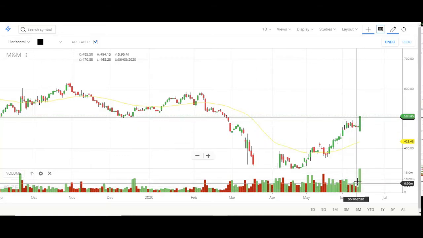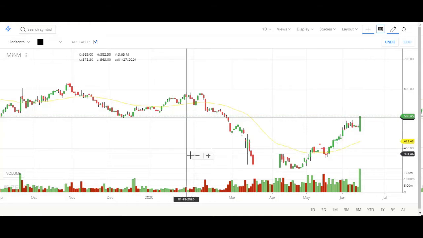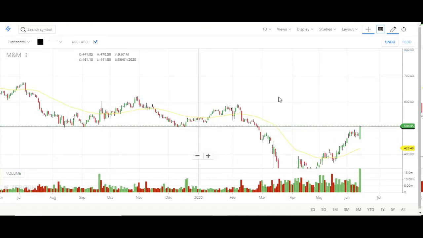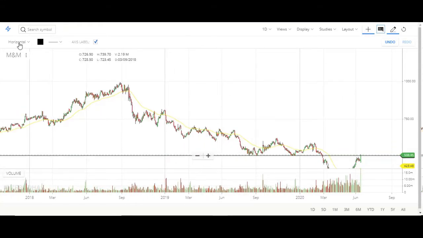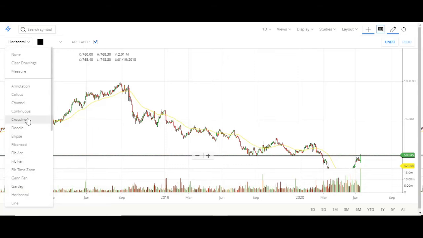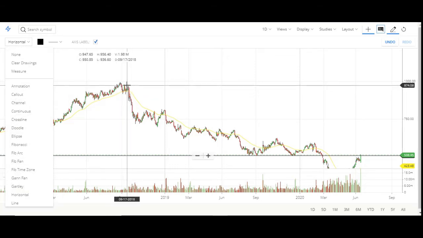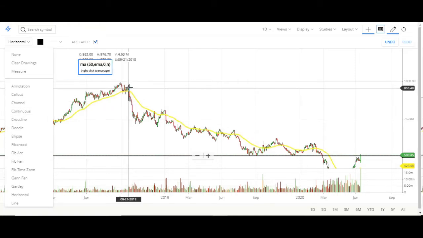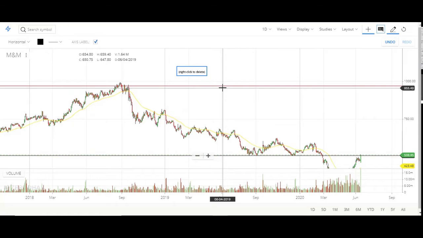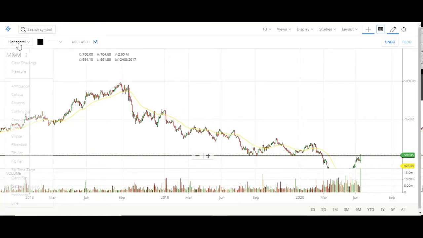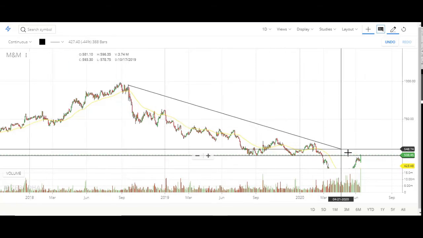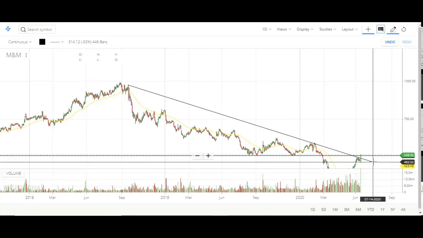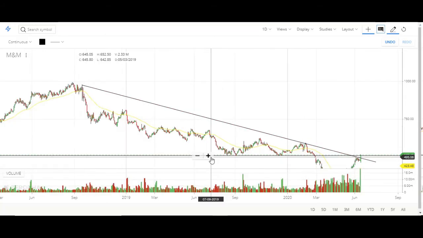I was a little bit bullish on this stock, and if you even draw the trend line, I can also show you using the trend line. The trend line also gets broken here. If you draw the trend line for this resistance, you can see there is a breakout in the trend line as well.